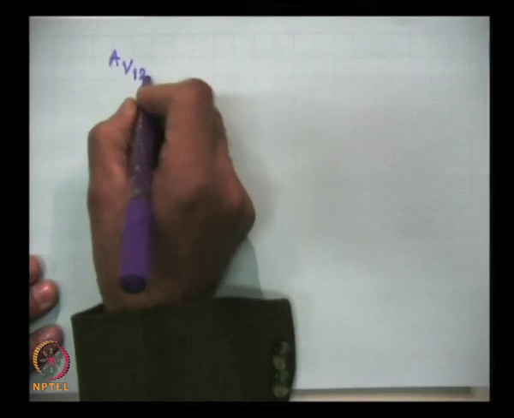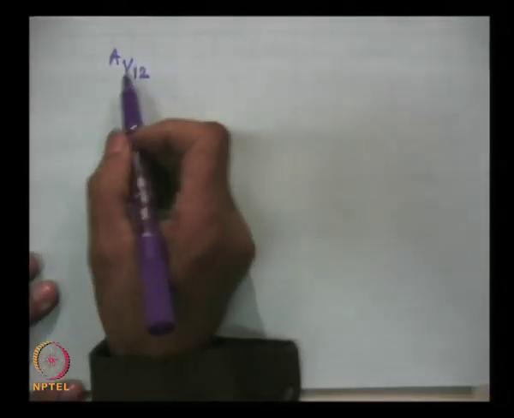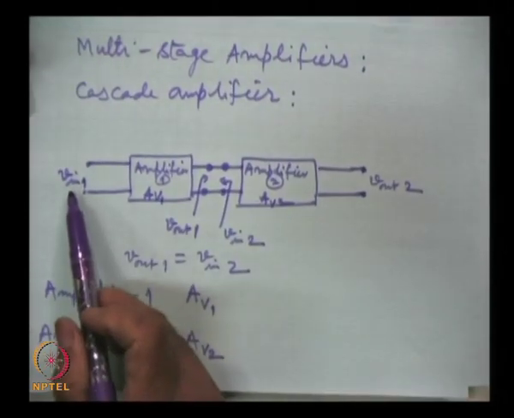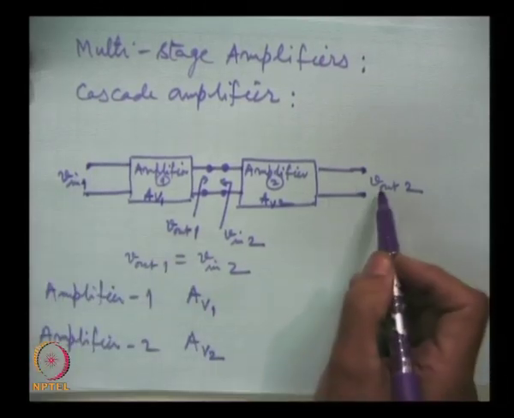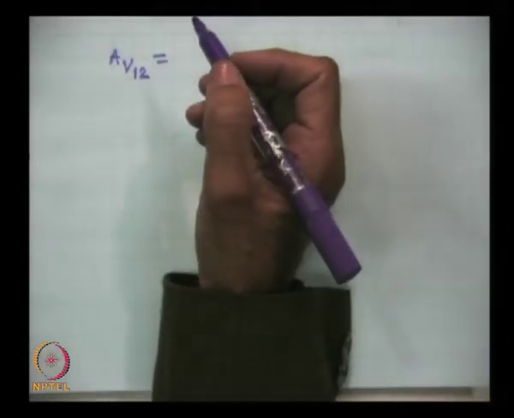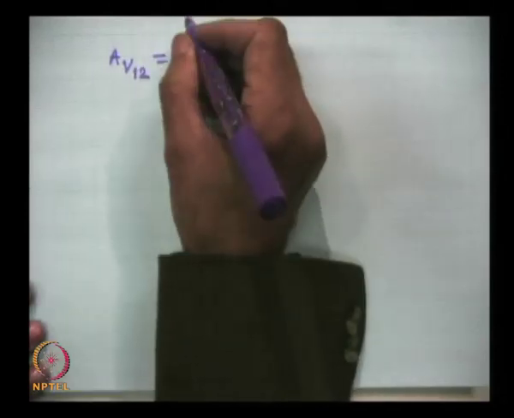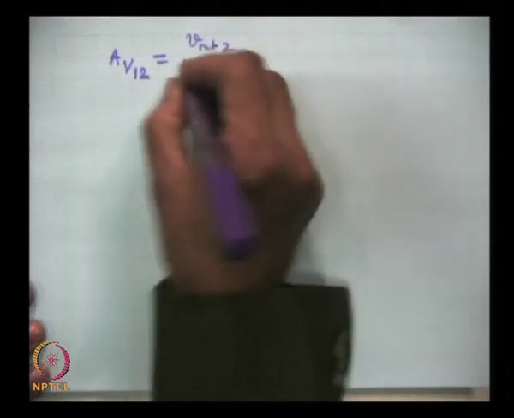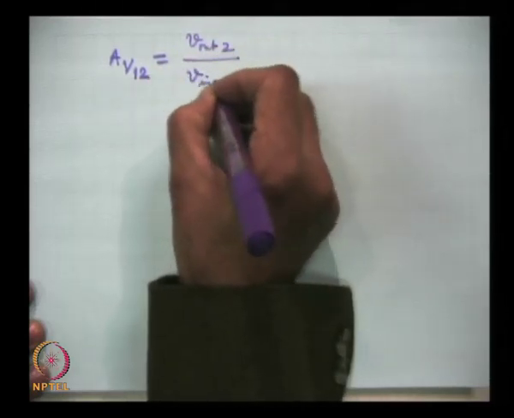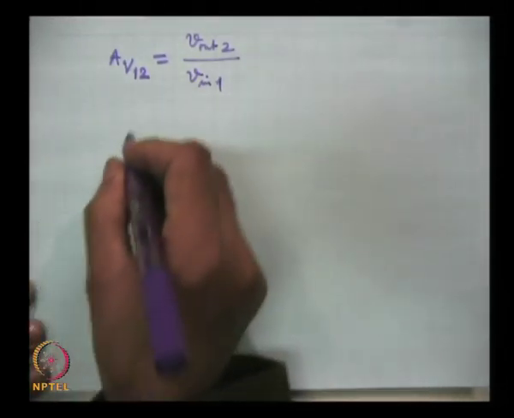This is A V, the voltage gain of 1 and 2 combined. That is why I have written the gain as 1 2. Look at this circuit: the input here is V in 1 and the output is V out 2. So, obviously, the gain is the output voltage to the input voltage. So, here it is V out 2 by V in 1, and this can be written in the form